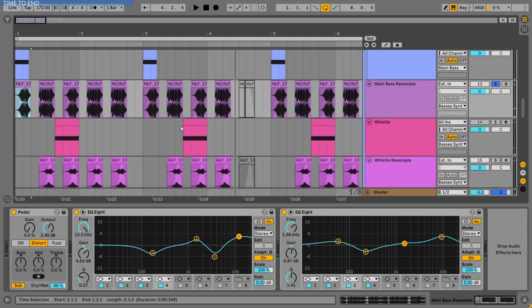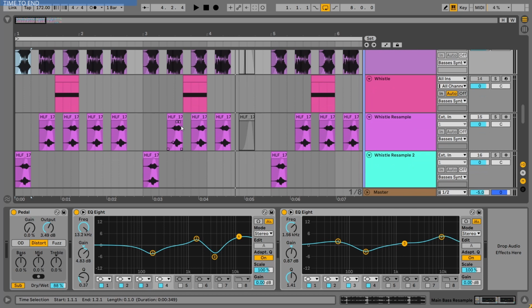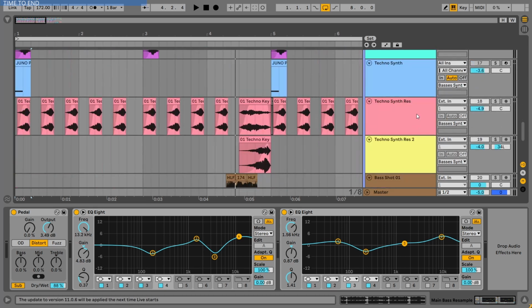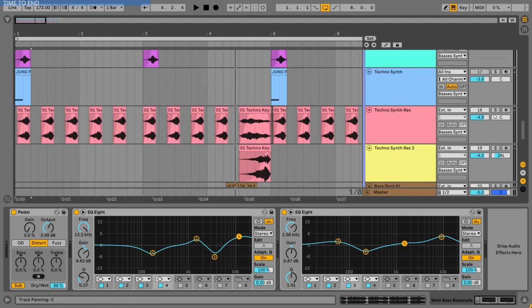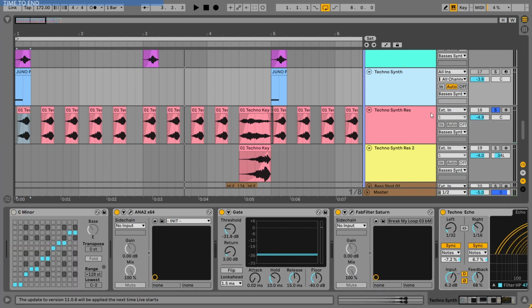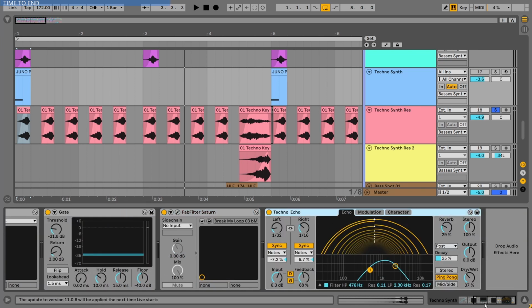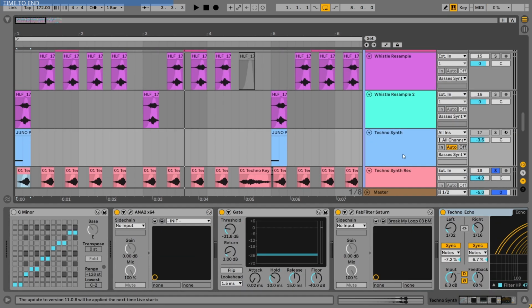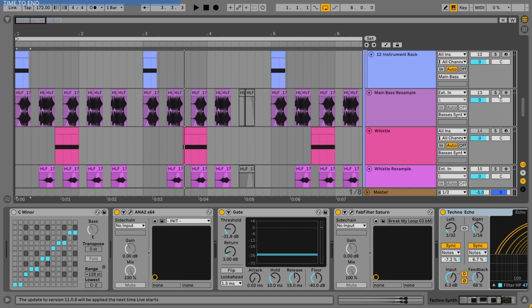Alright, so I thought this is really cool, but I wanted to add extra layers to make them very unique and not like boring only bass shots. So first I wanted to add a synth. So I took a sound from my very old sample pack, a techno sample pack actually, and added these layers. That was a synth from Anna too, actually, with some Saturn echo and stuff like that. It's not that important, you can recreate this sound in any synth basically. And all together with the basses,